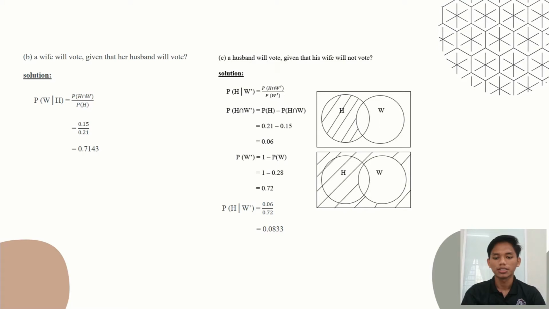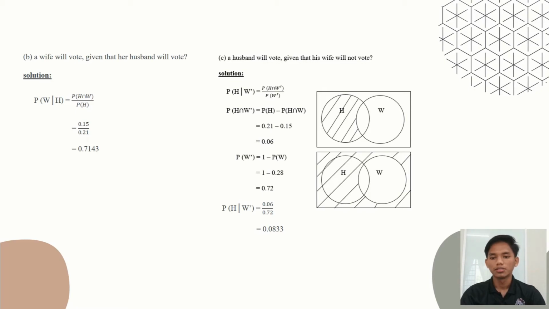Question C. A husband will vote given that his wife will not vote. So the solution, we need to find the probability of H given W prime. The formula: the probability of H given W prime is the probability of the intersection of H and W prime divided by the probability of W prime. Firstly, the probability of the intersection of H and W prime is the probability of H minus the probability of the intersection of H and W. We get